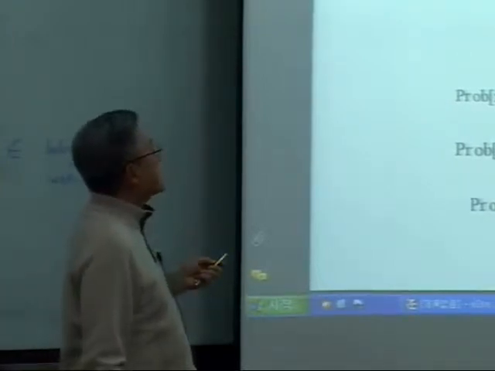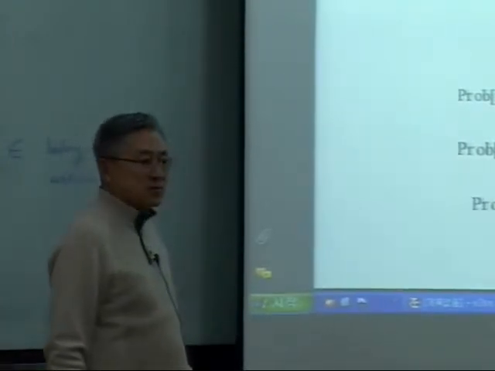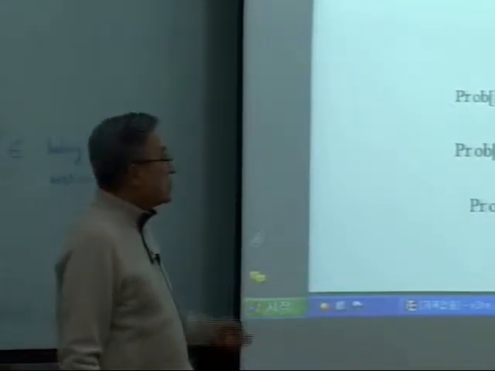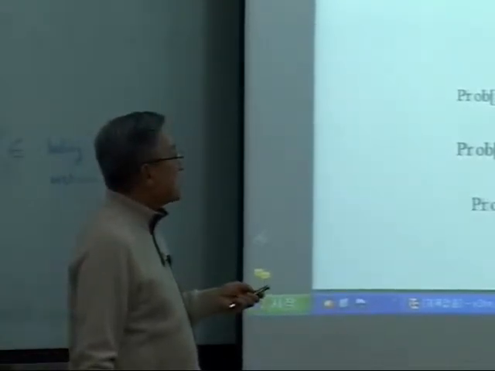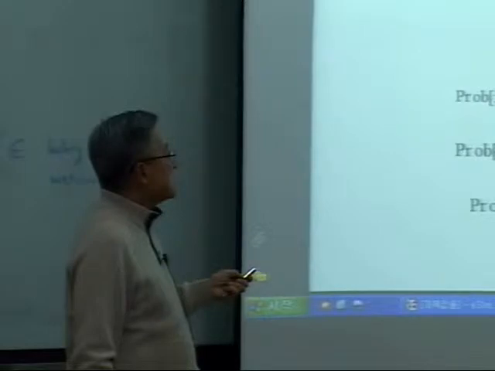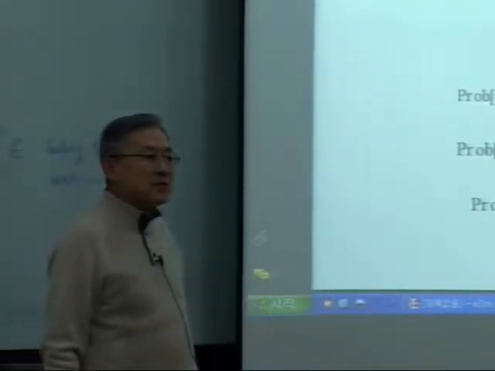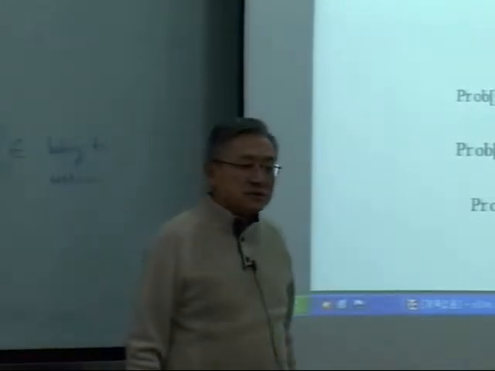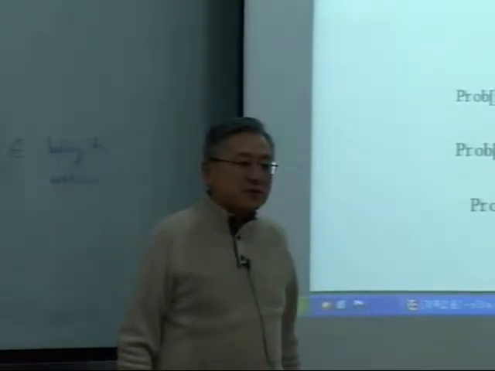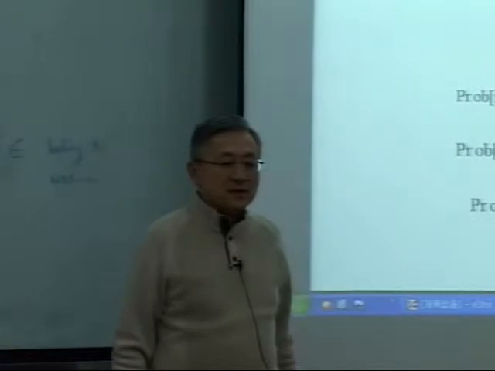This is a probability density function, small p x. Okay, this is random variable x. So if you integrate the whole area under the probability density function, then what's the total area? It is equal to 1. Okay,